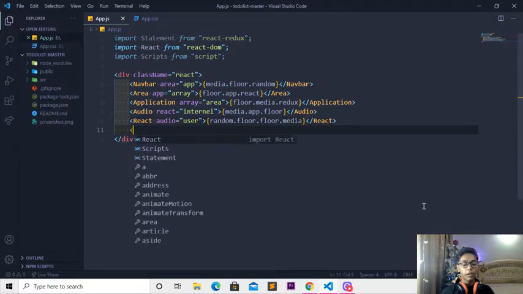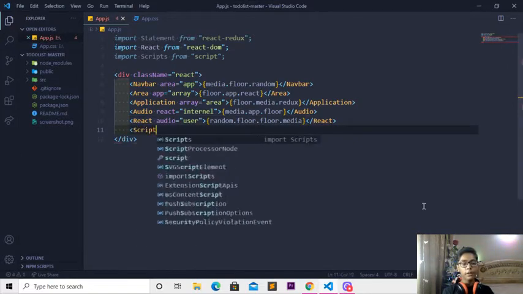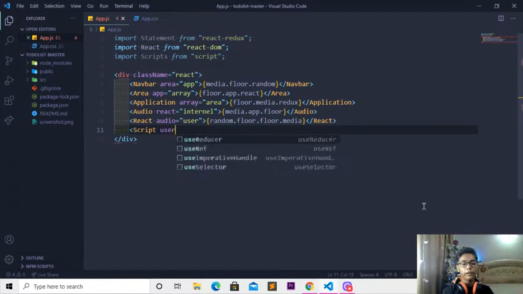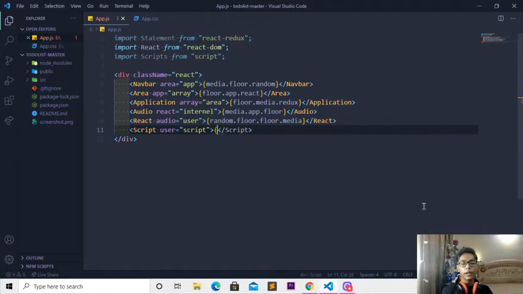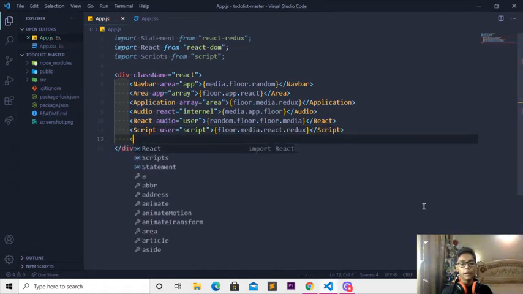Now come underneath here and write a tag which will be like script, and then I'll be coming here writing that to like user equal, then I'll be changing that to script again. So when you're done with that, I'll be closing and moving here and writing that to like floor, then right here like dot, change that to like media dot react, and I'll be writing dot redux. So when you're done with that, closing that bracket, curly bracket, and coming underneath and changing that to a tag